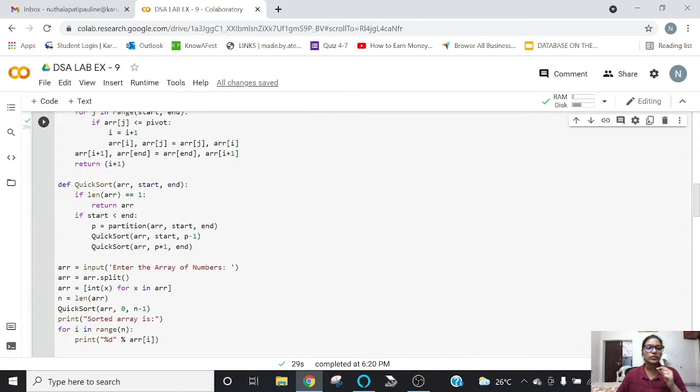In this, if the length of the array is equal to 1, which means the array has only one element, then it returns the array. We don't need to sort anything.